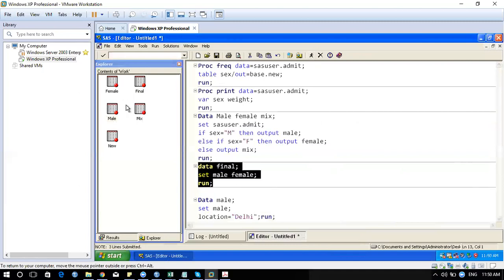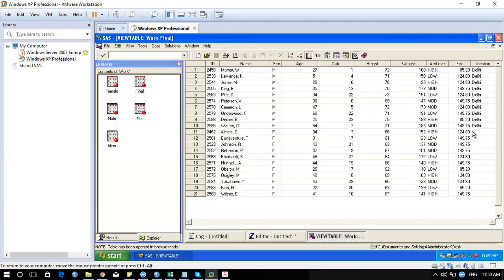let me go and look at the final data set. There is a column which is created as location, but nothing will be available for female because for female we don't have the location variable over there. So now my requirement is that I don't want to add it while appending. Correct. Whatever similar variables are there in both those data sets, I wanted to take into account, not location, in this case.